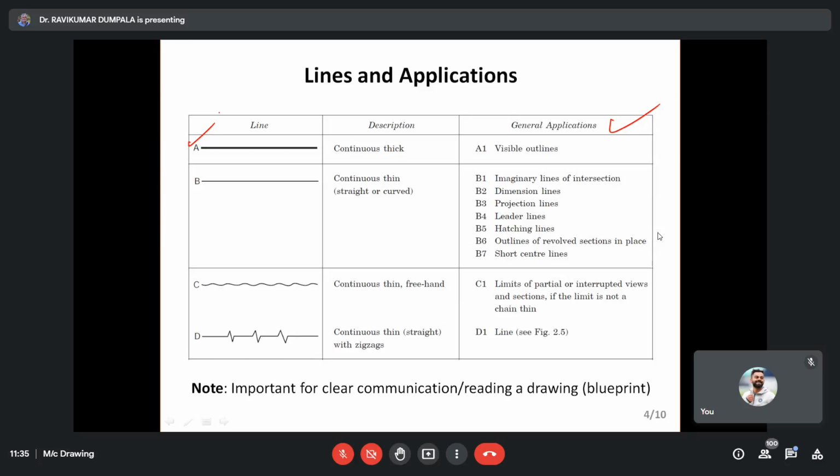Thin line is the most extensively used line. In engineering drawing, your coordinator might have said to use an H pencil. That is good, but you cannot change the pencil from time to time. So practice using the same pencil while changing the pressure, and you will be able to draw the thick line and thin line. That is possible only if you use an HB pencil. If you use B, B2, B3, B4, B5, any such pencil, you will not be able to draw the thin lines, the light lines; it goes dark. Always use an HB pencil.